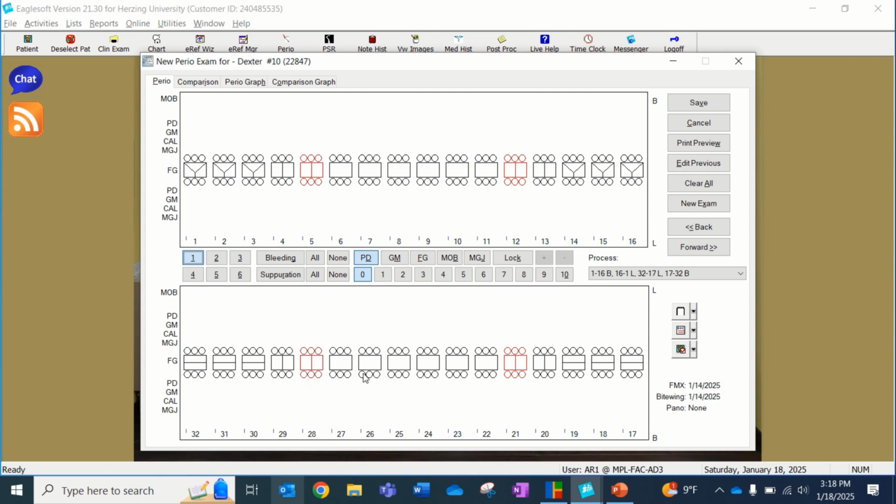So now what I'm going to do is determine my sequence. Down here on the right side, you're going to see process. If you click on this box, you're going to see different types of sequences that you can choose from. The most common one that you're going to see is the one that defaults to EagleSoft: number 1 to 16, 16 to 1, 32 to 17, and then 17 to 32. So once you click on that,